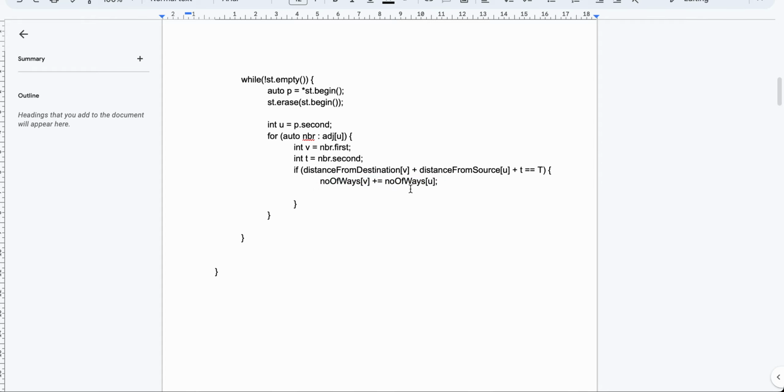What if I don't reach that node? Suppose some node V is not satisfying this condition. So shall we push that node also in the queue or not? Why would I push that? I should not, right? Or should I? So where should I put V? So the condition to put V,